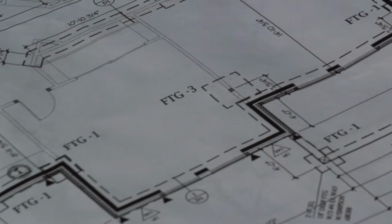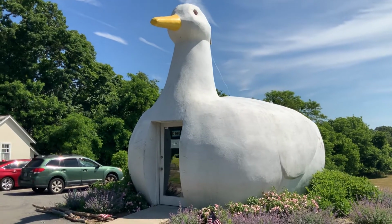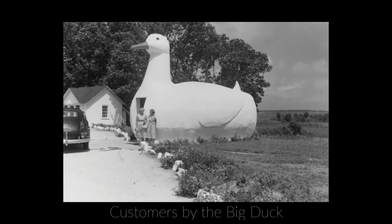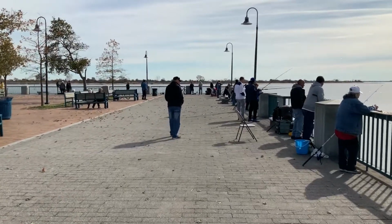This inspired many architects throughout the world, and famed architects Robert Venturi and Denise Scott Brown coined the term duck architecture after witnessing the work of Martin. The Big Duck operated for at least 50 years, but was eventually closed in 1984. However, the people of Long Island wanted to preserve the structure, which led to Suffolk County acquiring the building in